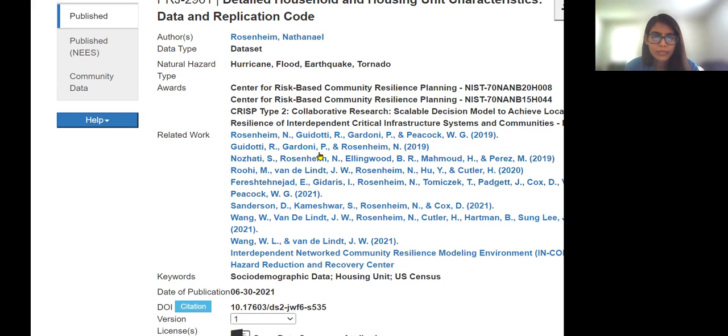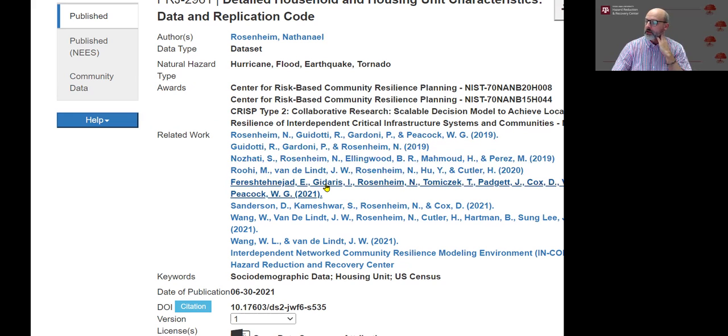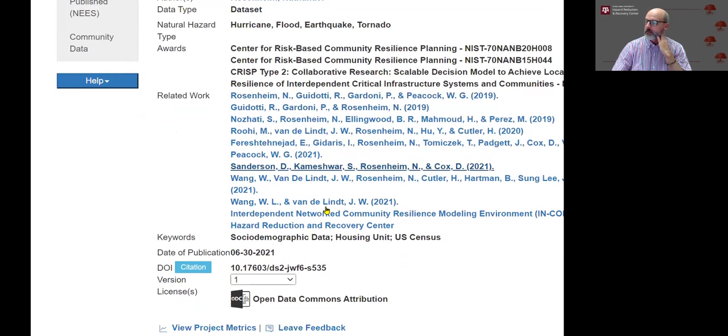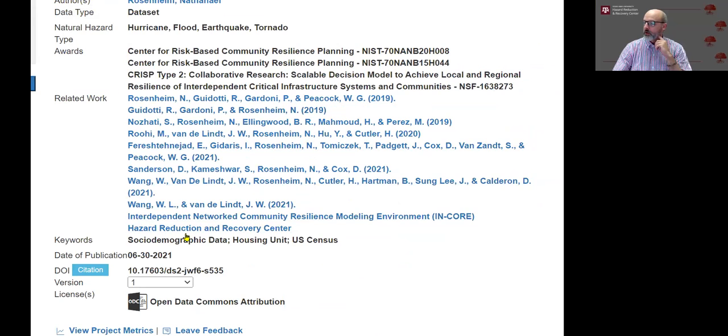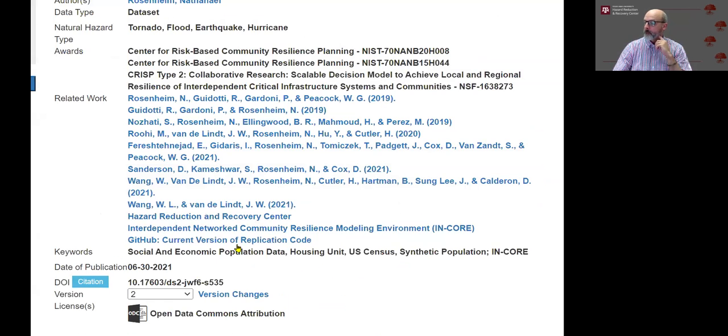Other articles here are articles that use the housing unit inventory and allocation data. This process is meant to be run using Anchor, which is an open source tool that you can download and install on your computer. And this was done as part of the Hazard Reduction and Recovery Center. I just switched here. There's two versions, version 1 and version 2. Version 2 has the link to the GitHub